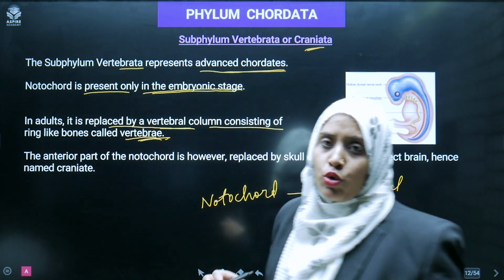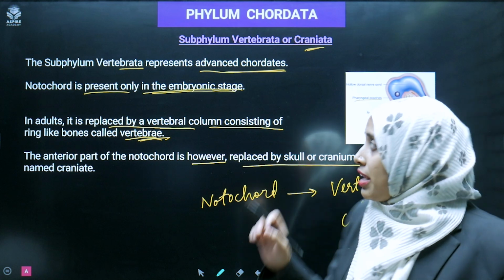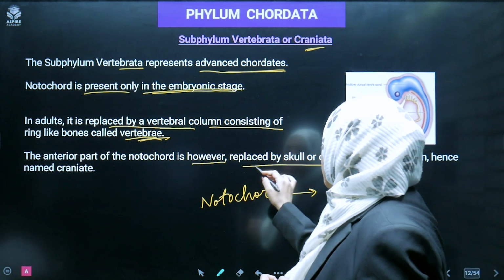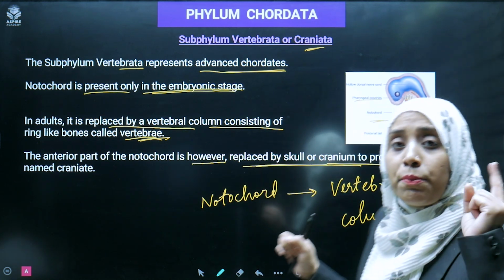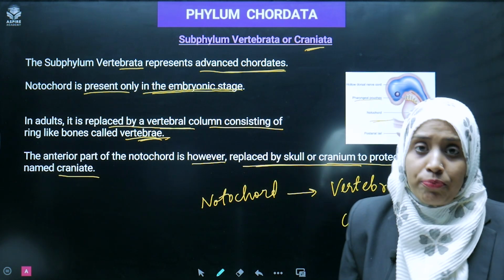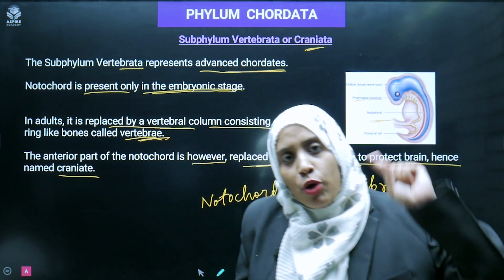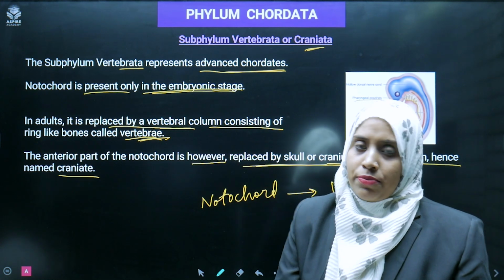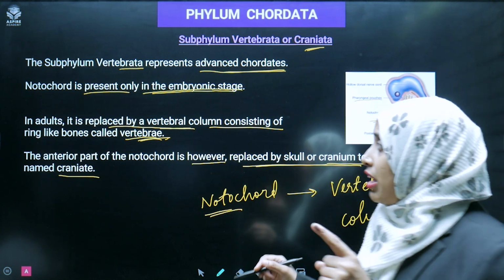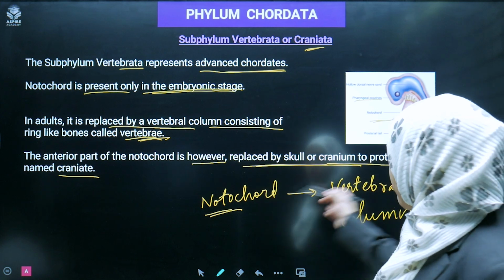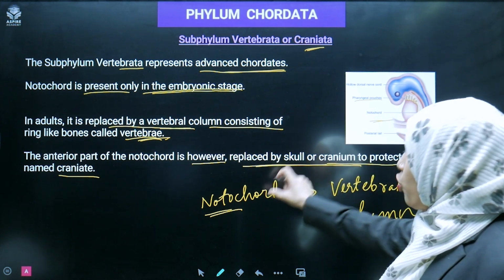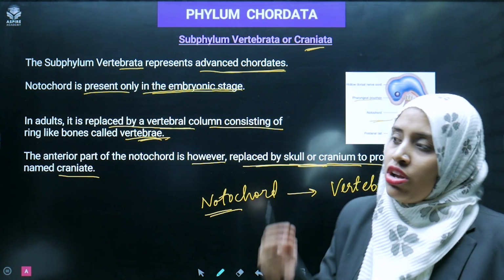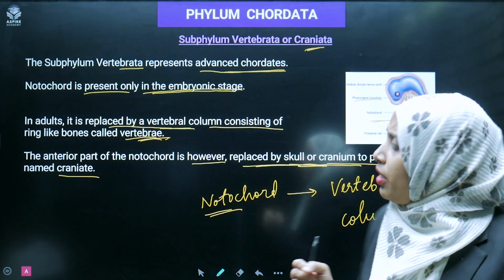The anterior part of the notochord is however replaced by skull, जो हमारा anterior part है notochord का, ये skull बनाएगा, ठीक है, the brain box, ठीक है। So it is replaced by skull or cranium to protect the brain and hence name craniata, क्योंकि हमारा जो नोटोकॉर्ड है जो एम्ब्रियोनिक स्टेज में है, एडल्ट में वो डिसअपियर हो जाएगा, बट डिसअपियर नॉट, we can say it will be converted, ठीक है। सो नोटोकॉर्ड फर्स्टली क्या होगा, जो ब्रेन वाला पार्ट में है, ठीक है, एडल्ट दिस नोटोकॉर्ड विल बी चेंज टू वर्टिब्रल कॉलम, और जो इसी नोटोकॉर्ड का जो टिप वाला रीजन है दैट विल बी कन्वर्टेड टू स्कल और क्रेनियम, द ब्रेन बॉक्स, जिसमें हमारा ब्रेन प्रोटेक्टेड होता है, ओके।